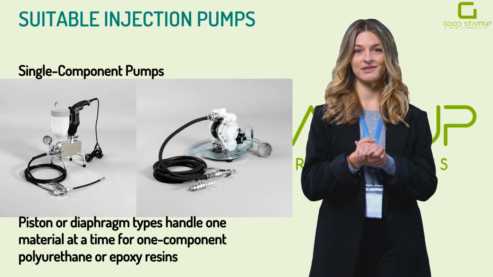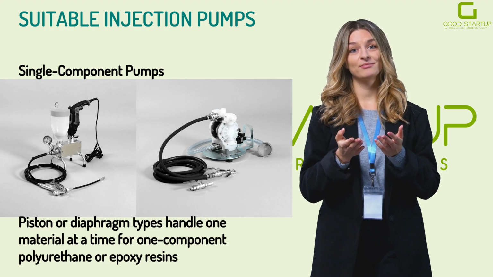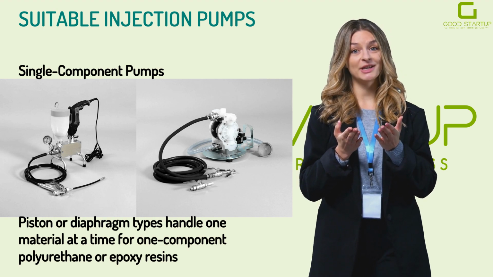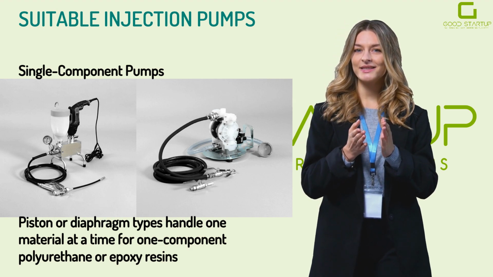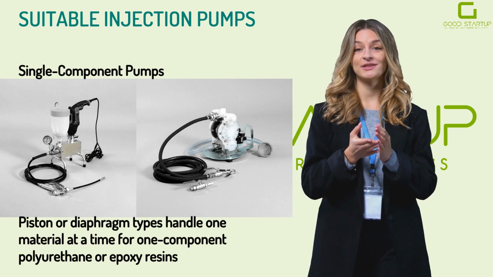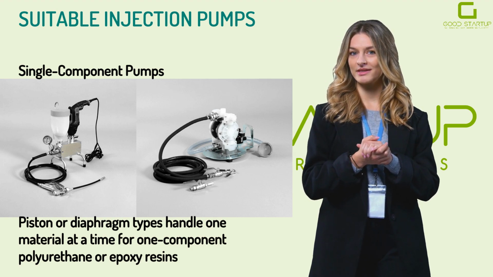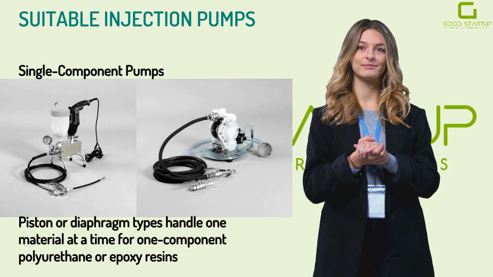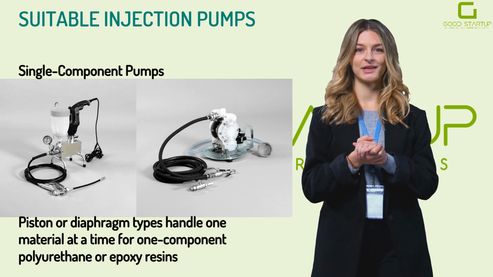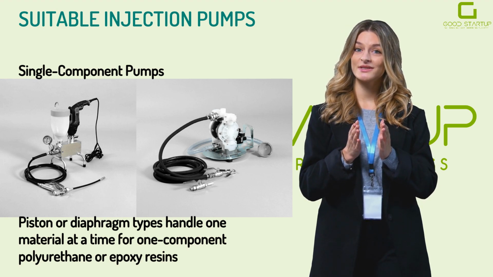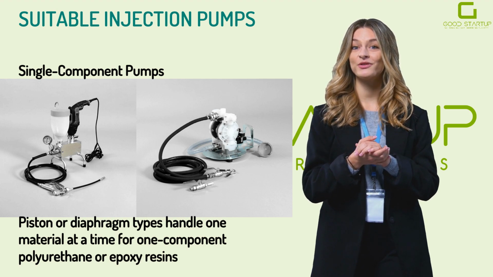However, when using fast-curing materials, the resin's pot life must be monitored carefully if the pump does not mix components automatically. In general, single-component pumps are efficient for small to medium jobs and are valued for their portability and ease of setup. Hand-operated models exist for small-scale injections, though electric or pneumatic drives are preferred for consistent pressure and higher volume. The choice often depends on project size. A manual hand pump might suffice for a minor repair, whereas an electric/pneumatic pump can save considerable time and labor